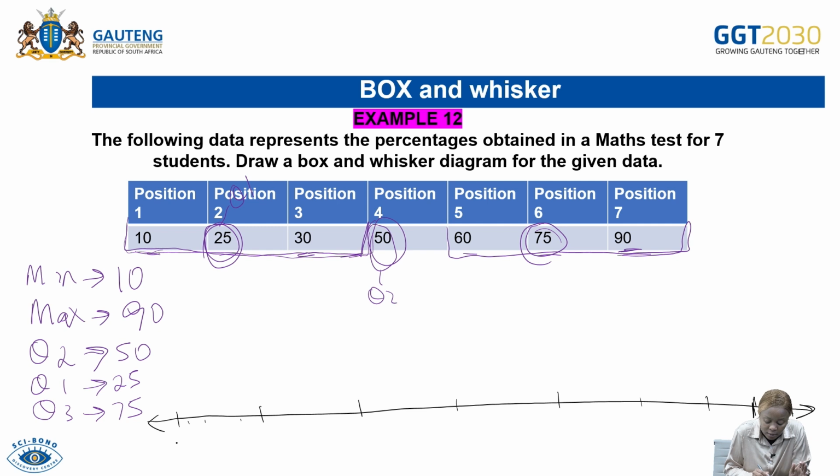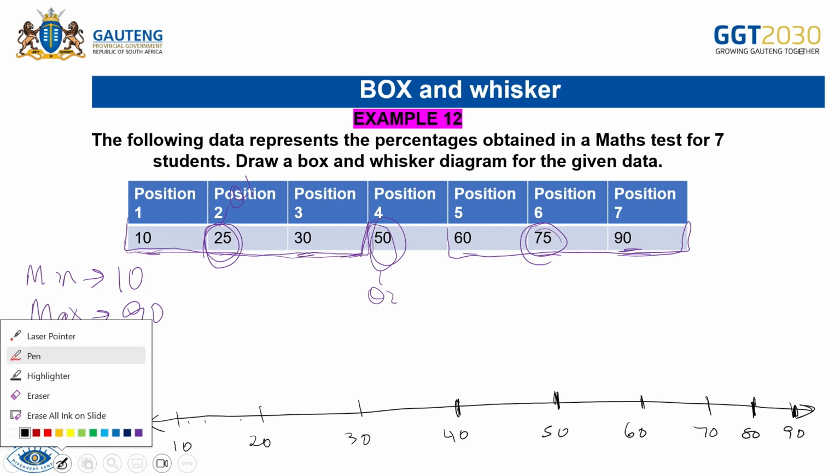So I have 10, I have 20, I have 30, I have 40, I have 50, I have 60, I have 70, I have 80, and I have 90. Making sure that your scale is correct, ne? It's going to help you when they ask you questions whereby they're asking where your data, where your box and whisker is skewed. Is it skewed to the right or skewed to the left? Because automatically it's just going to come out if your scale is correct. Ne? Okay, so let me start by